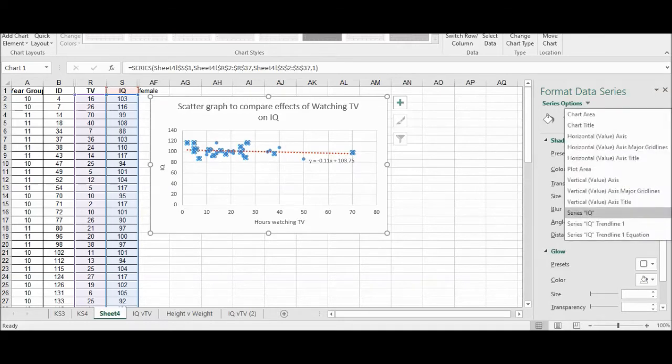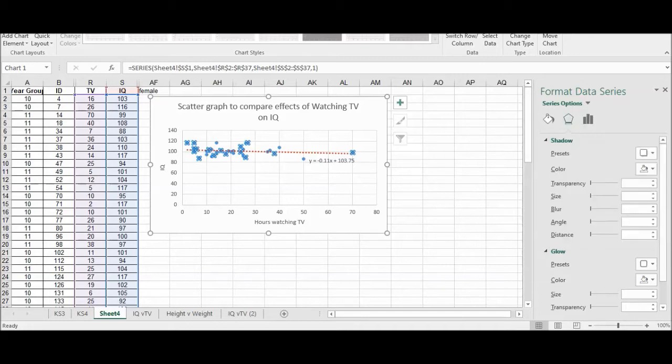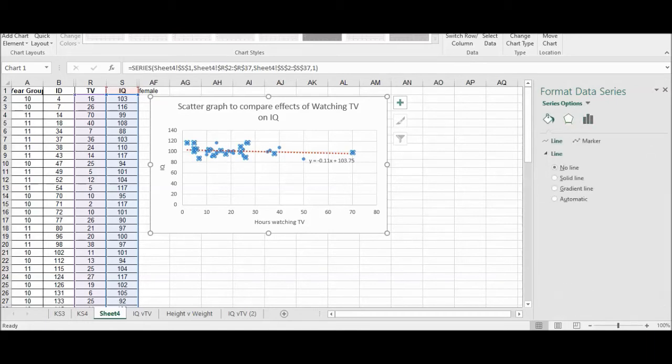Okay, and if we click on the downward arrow on the series options, you can see here we've got plot area, vertical axis, axis grid lines, axis title, trend line 1, trend line equation. Well, we want series IQ. That's the data we're plotting. Okay, so that's my series. So I'm going to click on that, and I'm going to now click back into the bucket, and we're going to say